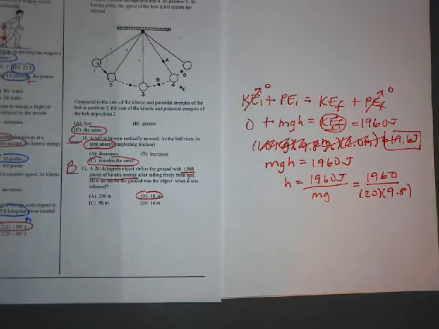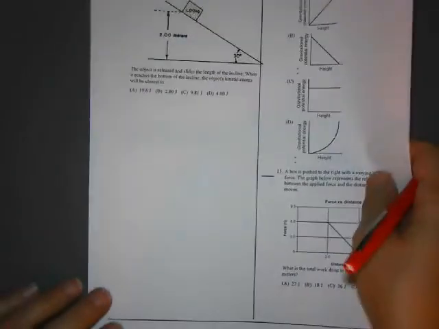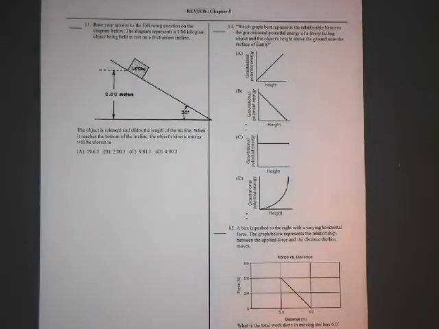I was reading the next one on the other paper. All right, so this one is going to be B. All right, so let's look at the next ones. All right, number 13,